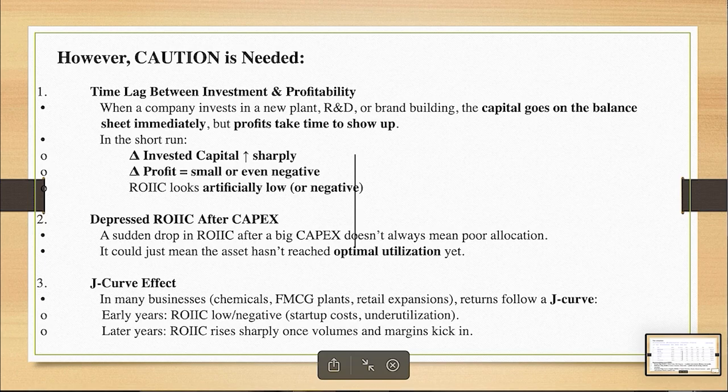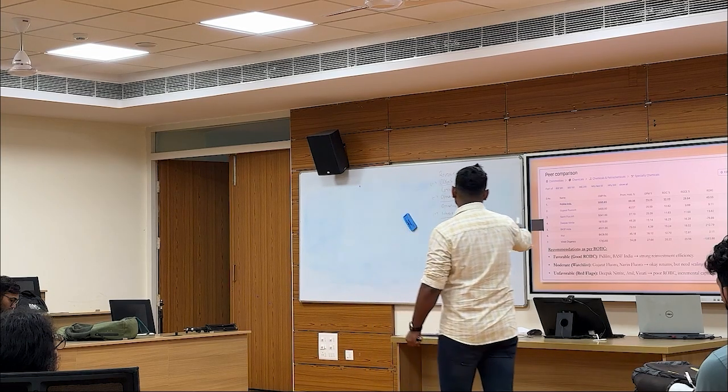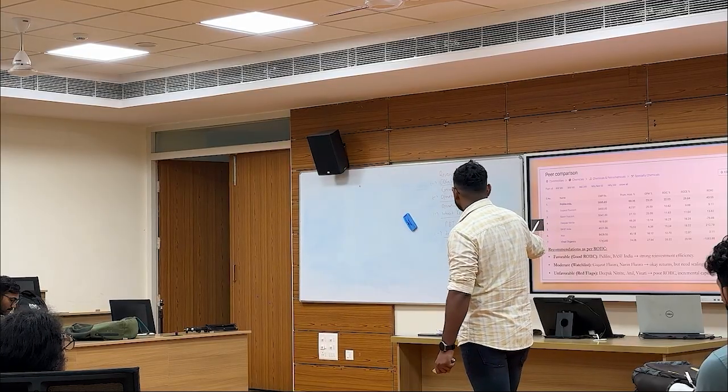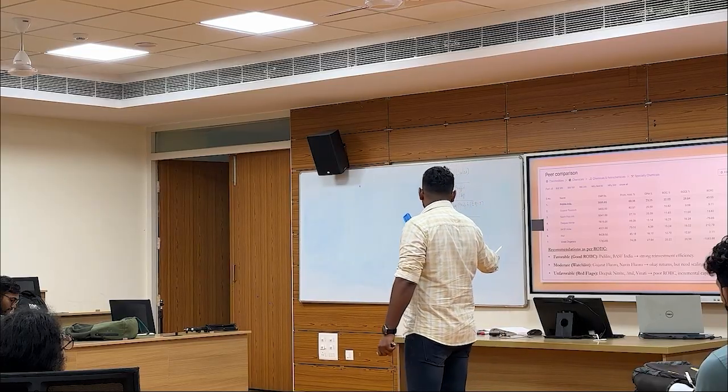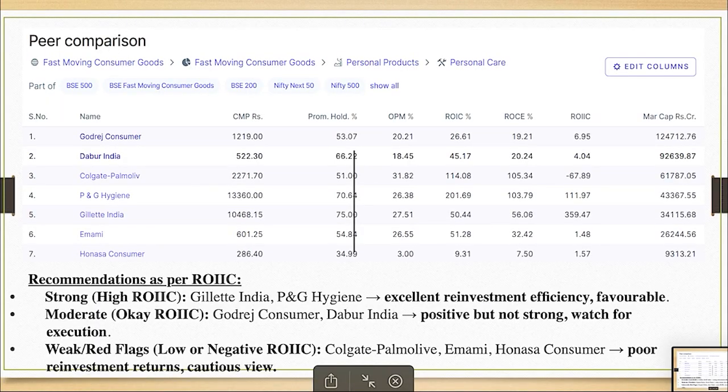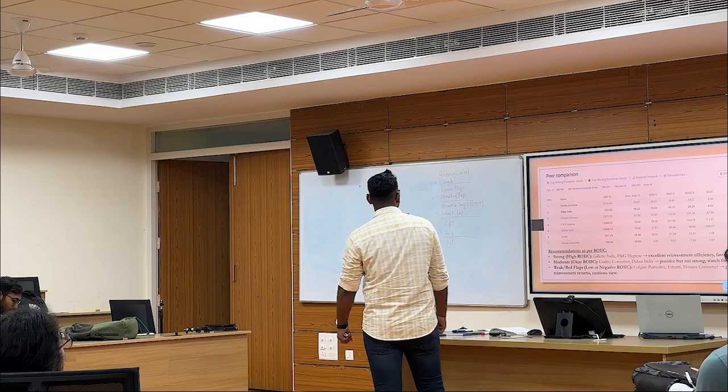So the recommendation as per ROIC is favorable for Pidilite and BASF, which have strong reinvestment efficiency, moderate for Gujarat Fluoro and Navin Fluoro, and unfavorable for Deepak Nitrite, Atul and MIL. The next example is of fast-moving consumer goods,